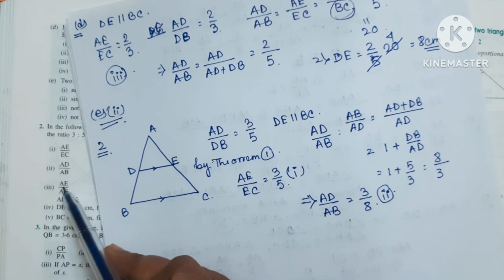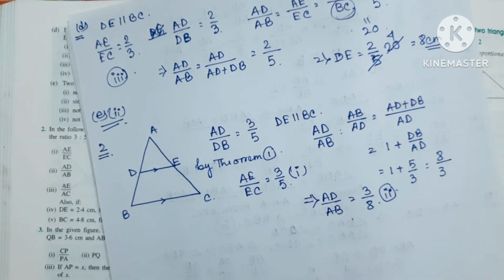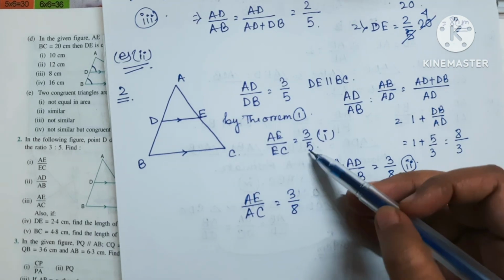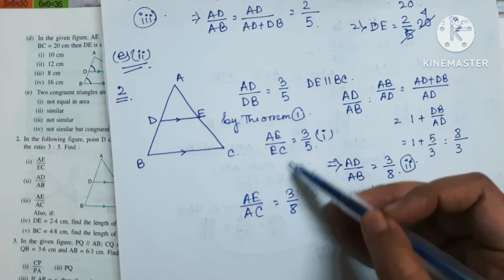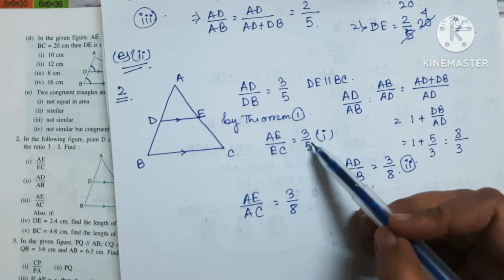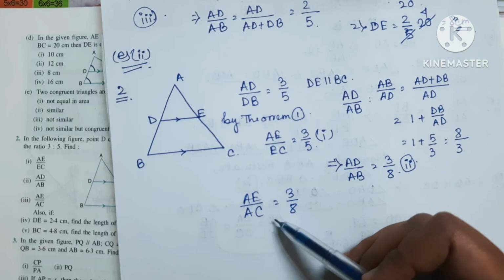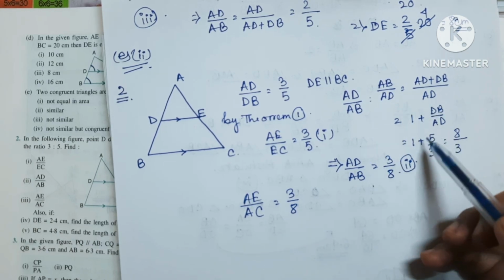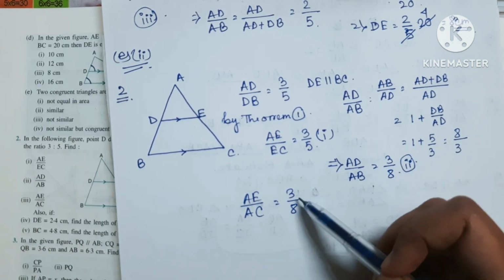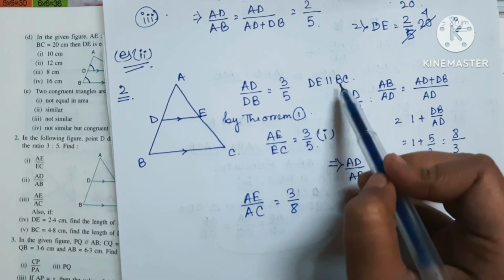Now see, you have to find AE by AC. Okay, so same thing actually. AE by AC will be 3 by 8, and write it in two ways. From here you can deduce this portion in a similar way. Since AE by EC is 3 by 5, you can come from this one to that ratio simply by this type of calculation. By this type of calculation you can write like this, or else another way you can write.